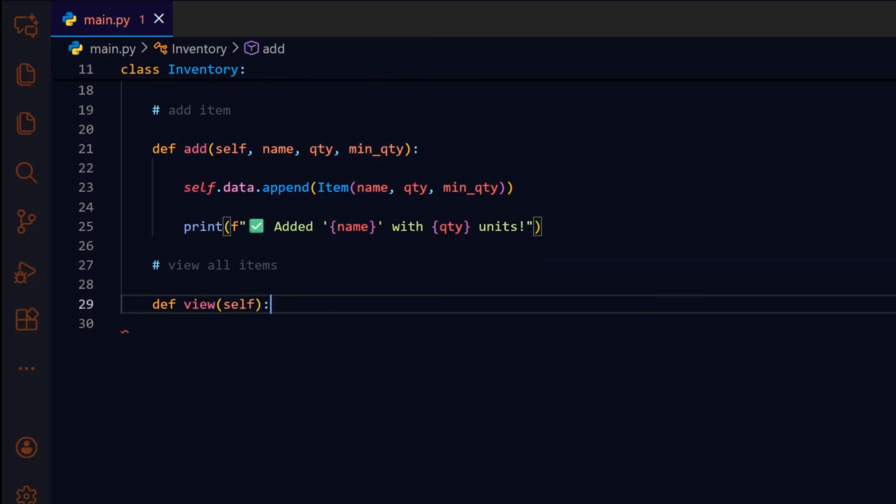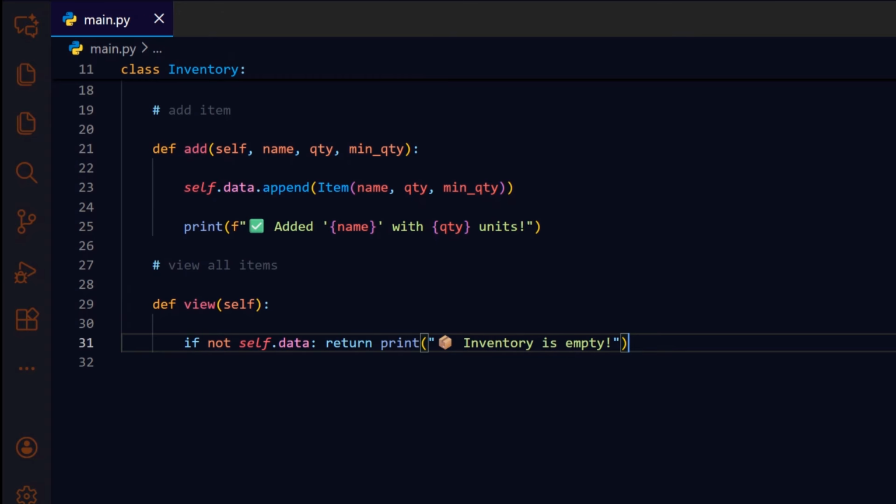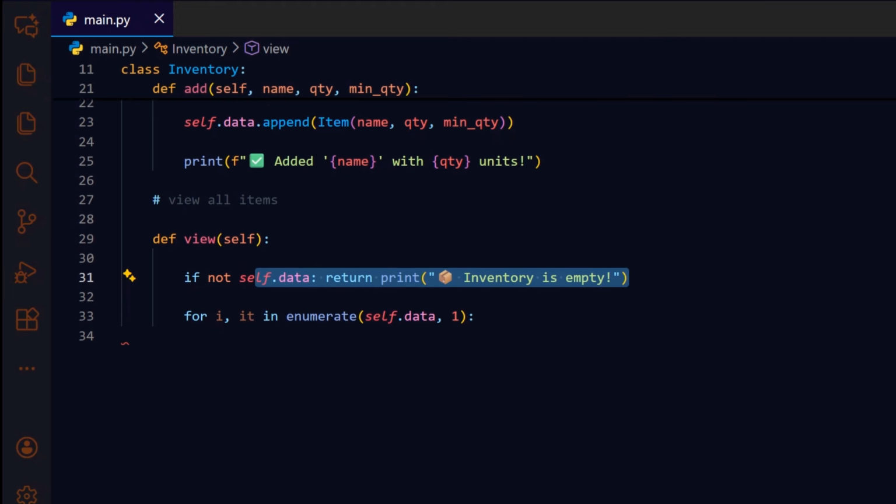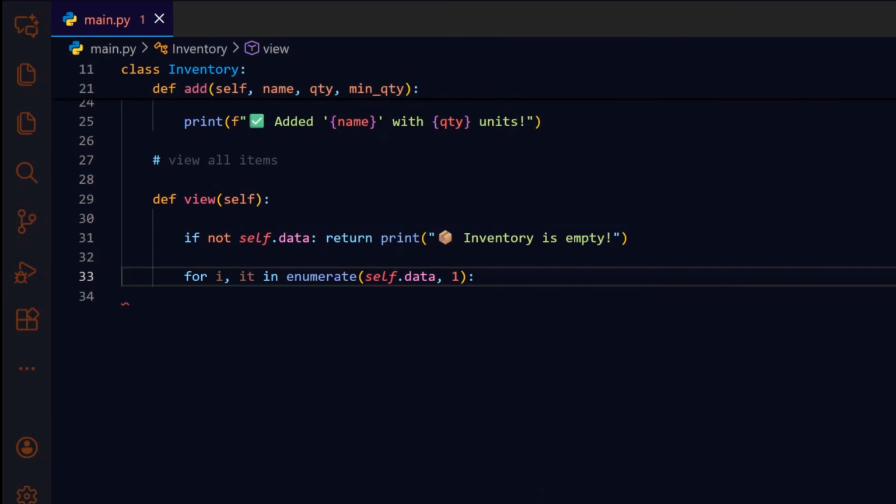View is responsible for presenting the inventory to the user. It handles the empty case and otherwise iterates items for a readable listing. If there are no items, we early return after printing an explicit message that avoids running the loop below on empty data. When items exist, we enumerate them starting at 1 so each line shows a human-friendly index alongside the